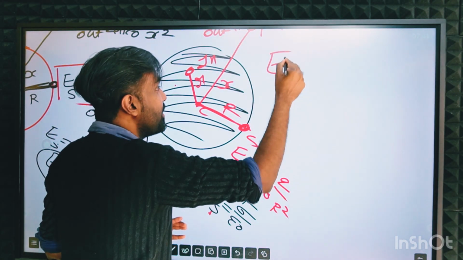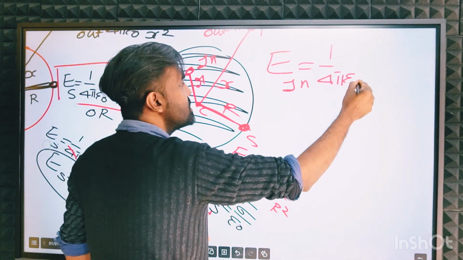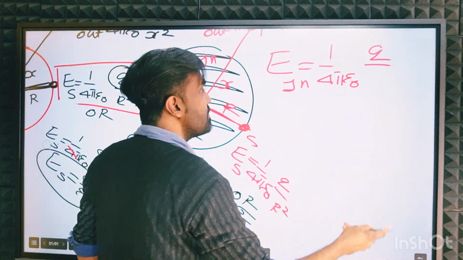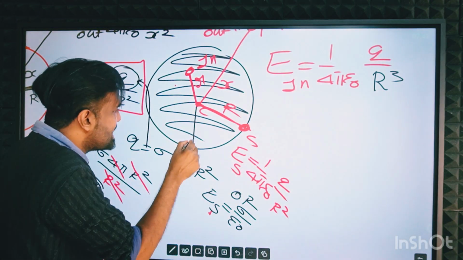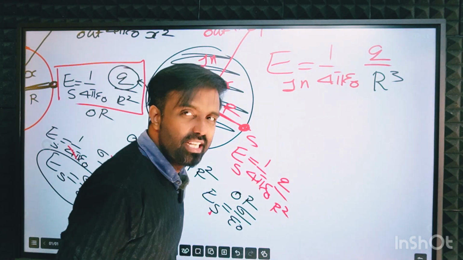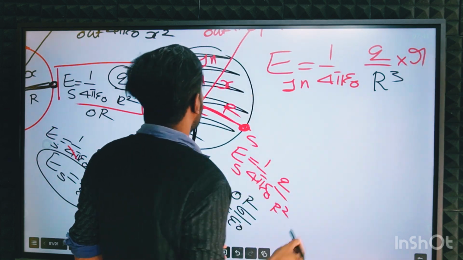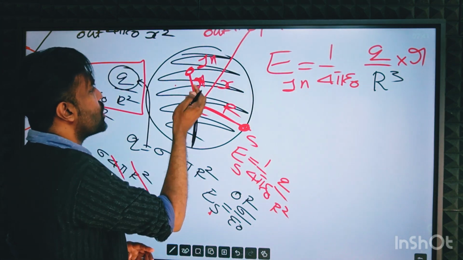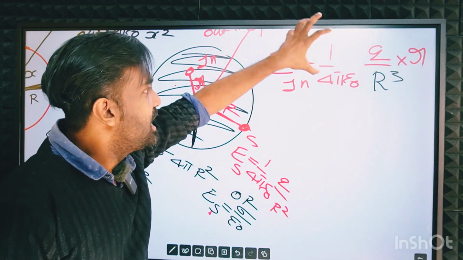There is electric field inside, guys, whose value will be 1 by 4 pi epsilon 0, charge divided by radius cube. Don't get confused. This is the radius of that sphere, whose cube has to be taken and multiplied with small r. Small r is nothing but the distance of the point inside from the center, guys. This is the electric field